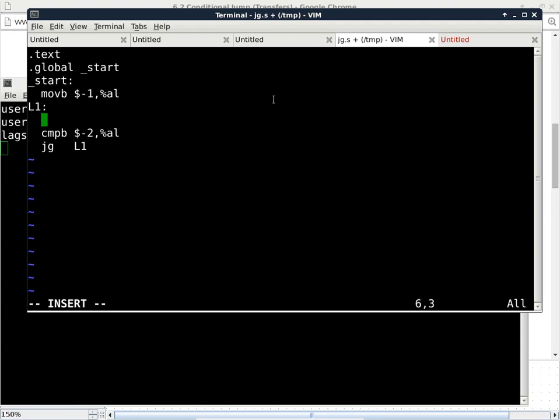If AL is greater than, so we want to subtract byte here to make it smaller and smaller. And let's go from 0. So 0 is greater than -2. Go back, subtract 1. Okay, that will work. So we have a very basic control structure here, and